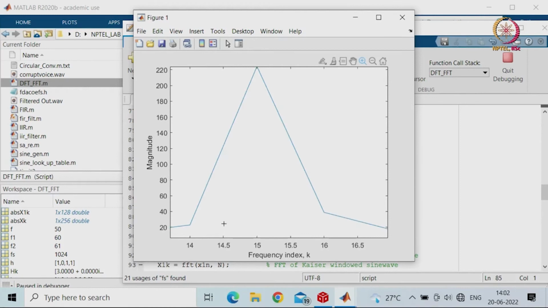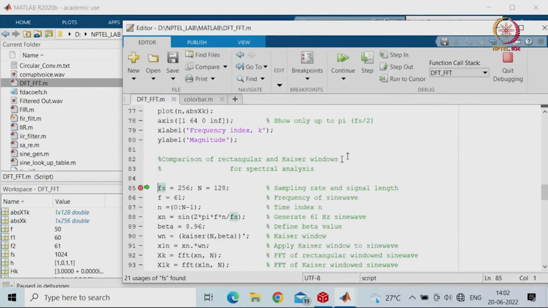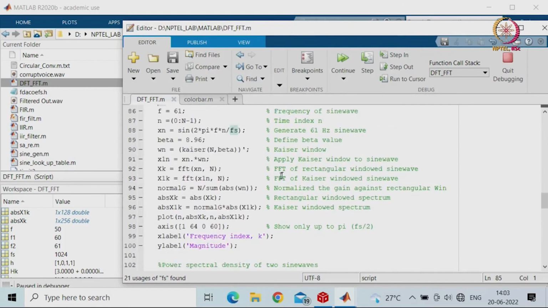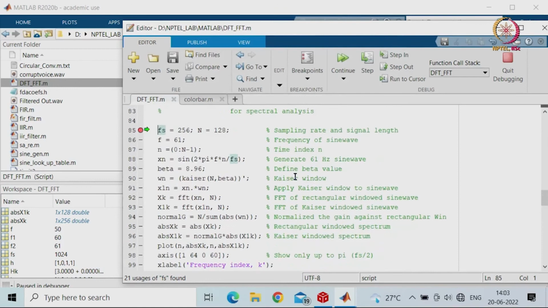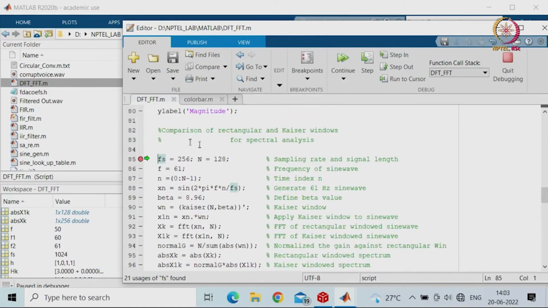So, whether we can expand it. You will be seeing that 60 and 61 have almost merged in this, and that is what we call frequency resolution, which we are unable to look into. So now, how are we going to